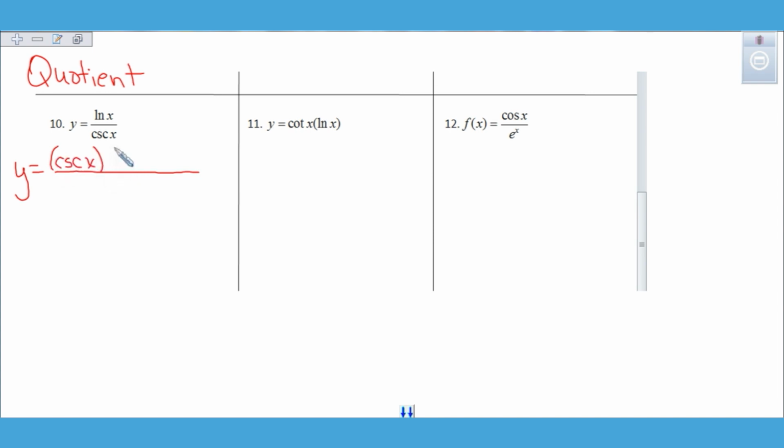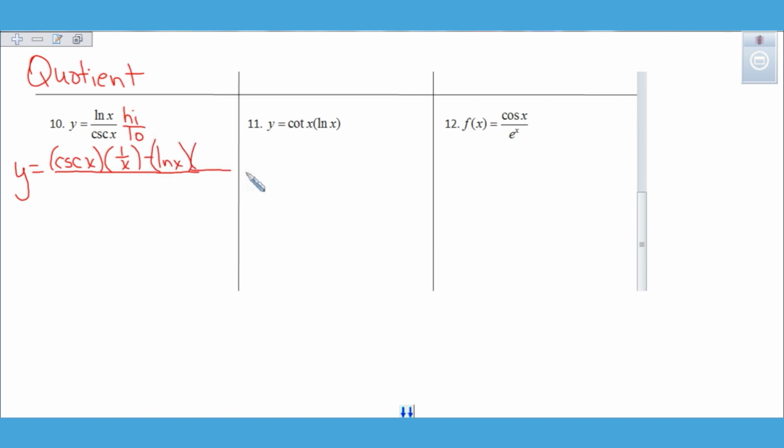D high means take the derivative of the top function. This is the high function, this is the low function, right? And so low, D high. So 1/x is the derivative of natural log. Minus low D high minus high